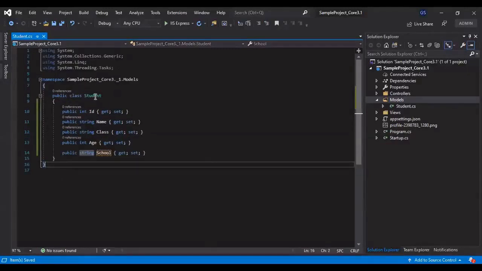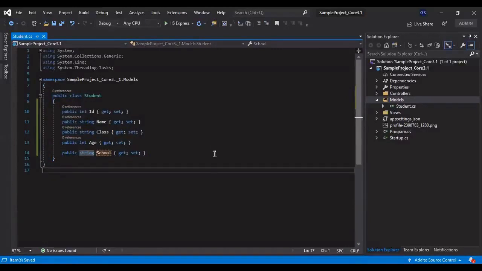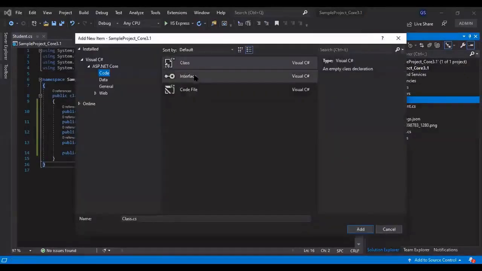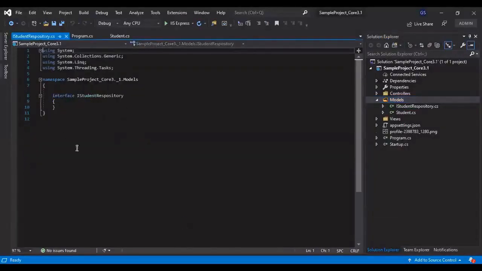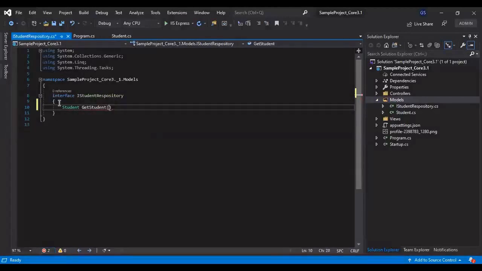Okay. So now we have added the model to represent the data, but we need another model to process or manage the data to get the information from our underlying database. So now let's add another model. Basically we'll add an interface. We'll discuss later why we require this. So let's add an interface with the name IStudentRepository. Now let's add a method that returns Student type data, GetStudent, and it receives an int as an ID parameter.